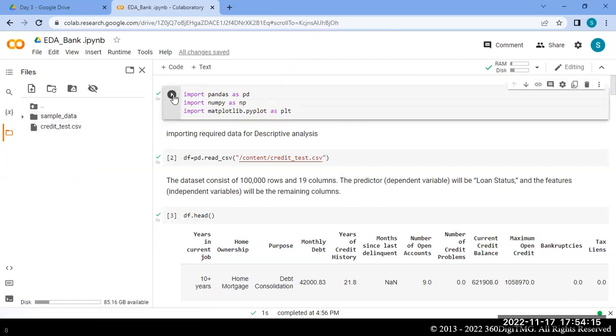I'm simply running this first, importing the required libraries for the descriptive analytics.